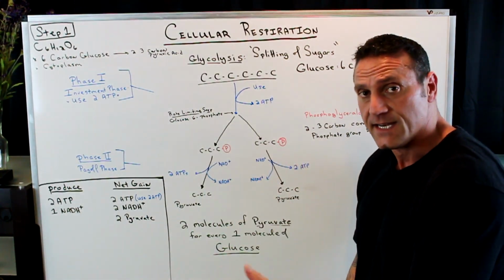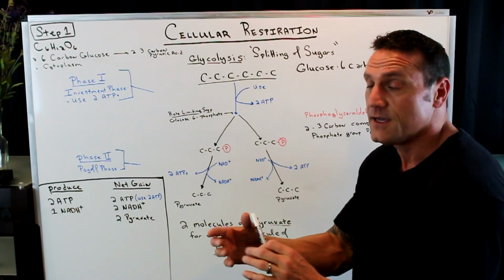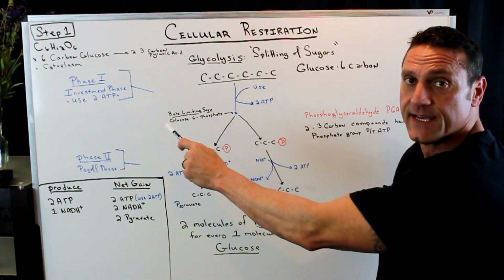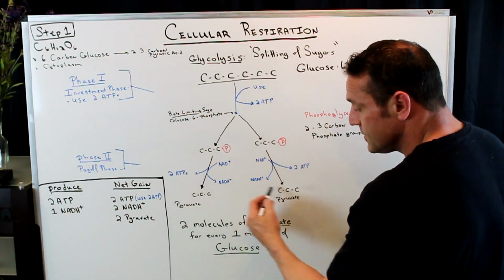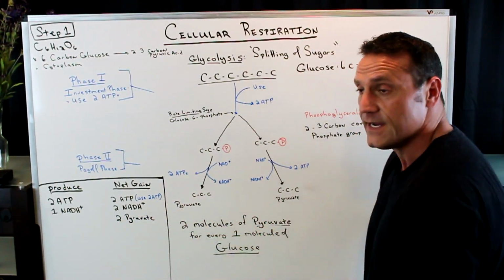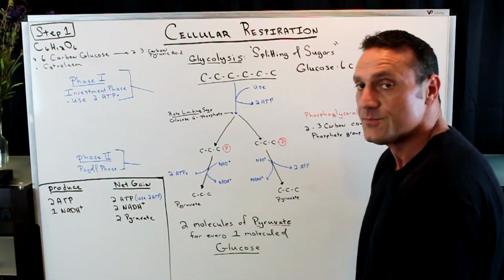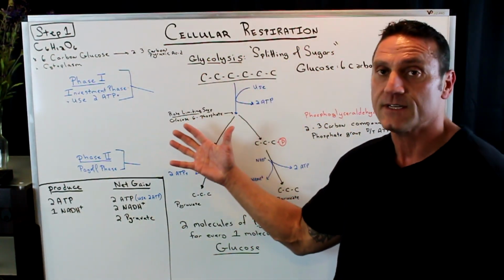So what the net gain is, what you're gaining, is really 4 ATPs. But remember, you're going to use 2 ATPs in the investment phase, so your net gain is 2 ATPs. There's 2 molecules here, so you're going to have a net gain of 2 NADH pluses, and also you're going to gain 2 pyruvate compounds. So this is step 1 of cellular respiration,